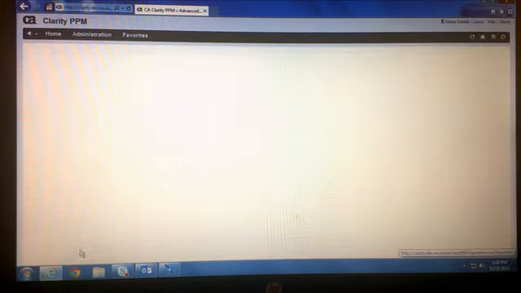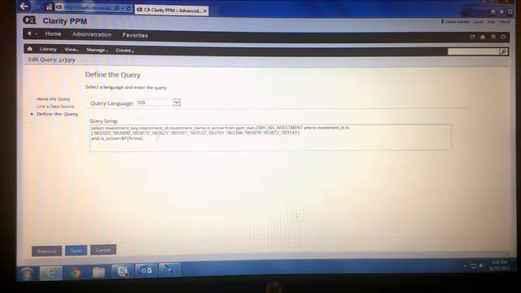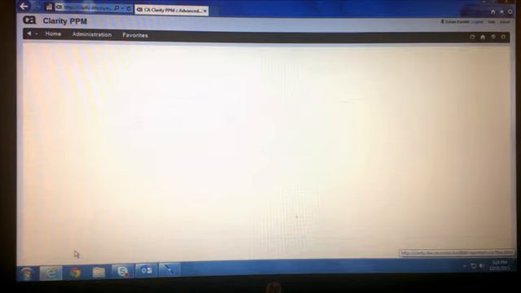One more thing, the project code is being populated by a query. So let's see how it pulls the values in the drop down. The values we want to show are the name of investment and the key or the project code, that is this one.